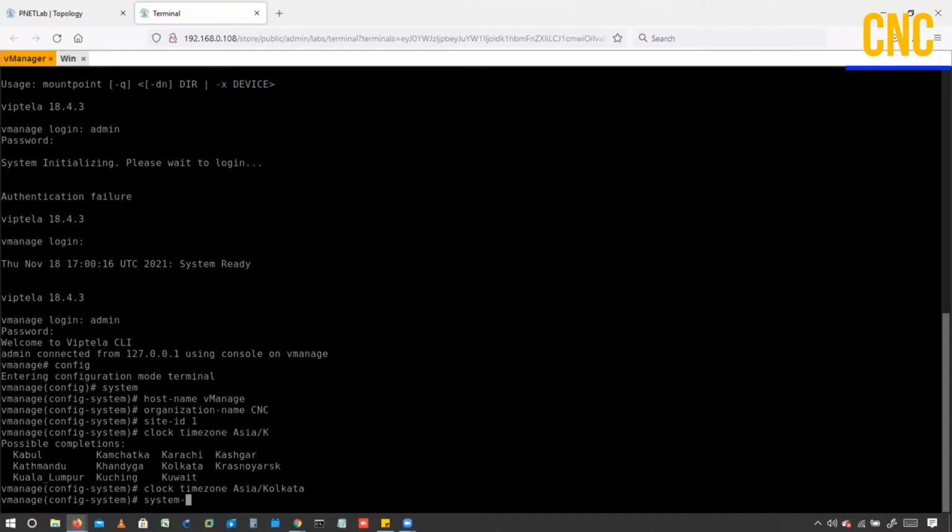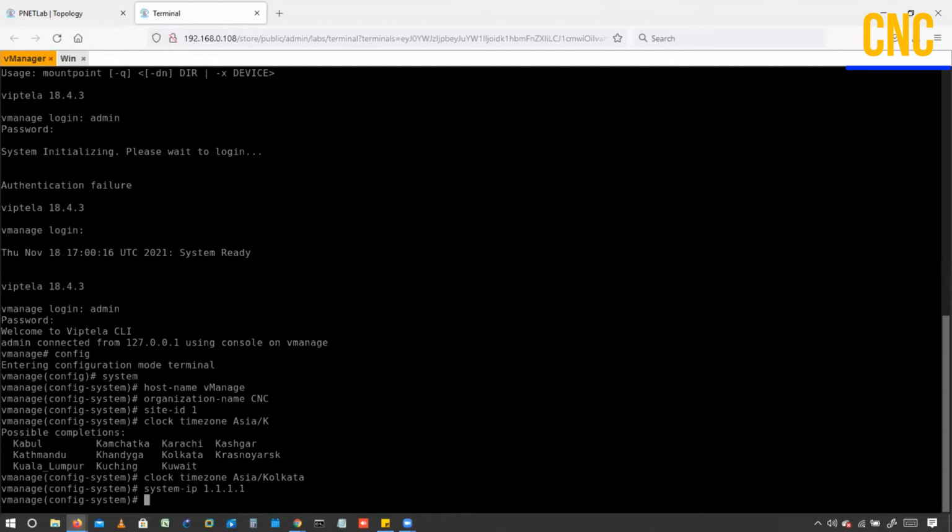Now system IP. Basically, the system IP is the only identifier for this device. That's it. This IP can be an existing IP or a non-existing IP, that doesn't matter, right? So I'll just configure 1.1.1.1 here. In the first device I'm taking 1.1.1.1, just like a router ID. System IP is just an identifier IP that we use to identify the device, nothing else.